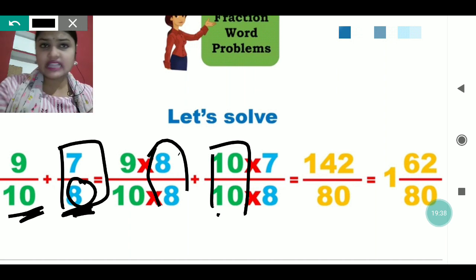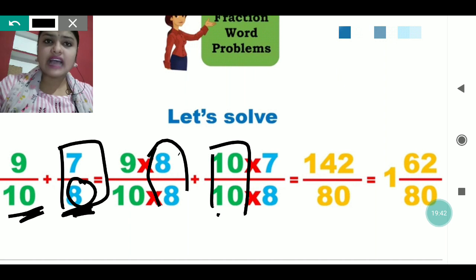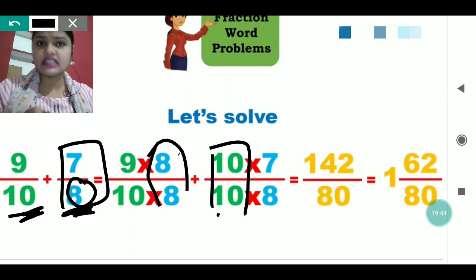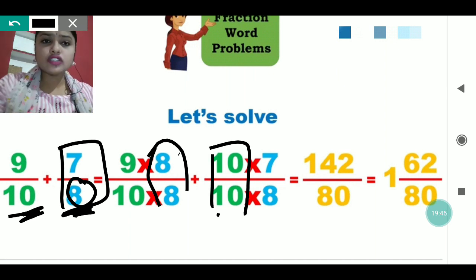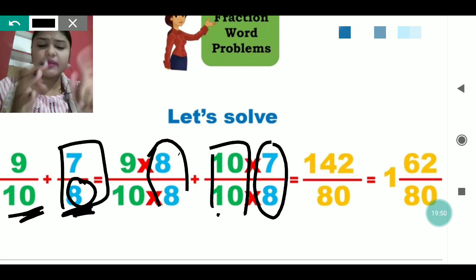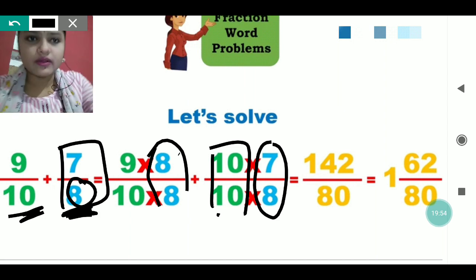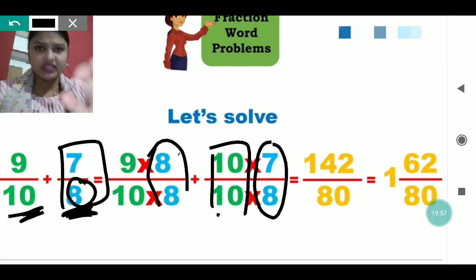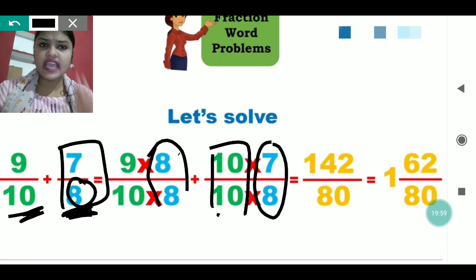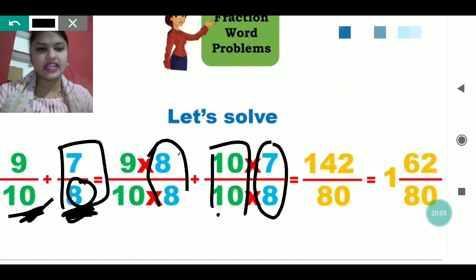So that means lesser weight is given now. So with the denominator I have done this. Now then again I have taken the denominator which is written there. So 7 by 8 into 10 by 10 I have multiplied. Means 9 by 10 I have multiplied with 8, then 7 by 8 I have multiplied with 10, means one time I am multiplying with both the denominators, upside and downside.